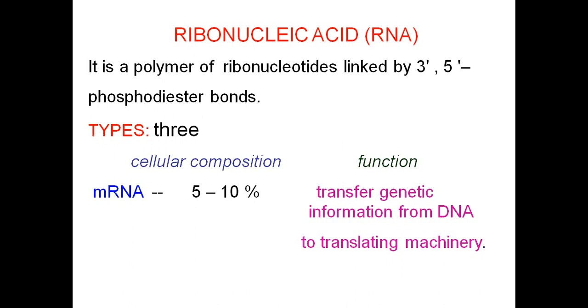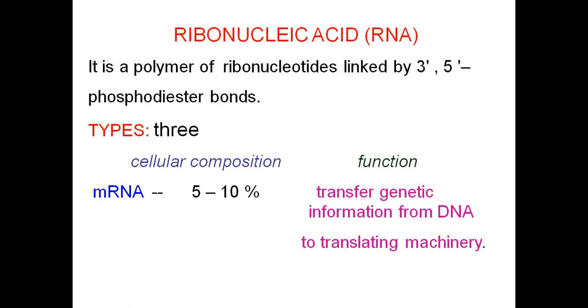So three types of RNAs are mainly present. Of course, there are some minor types of RNA, but the majorly useful RNAs are of three types: mRNA, rRNA, tRNA. So mRNA means messenger RNA, rRNA means ribosomal RNA, tRNA means transfer RNA. So we will see one by one. But remember, three types of RNA are there: mRNA, rRNA and tRNA. So the first type of RNA is mRNA.